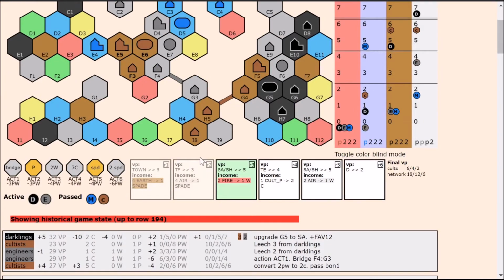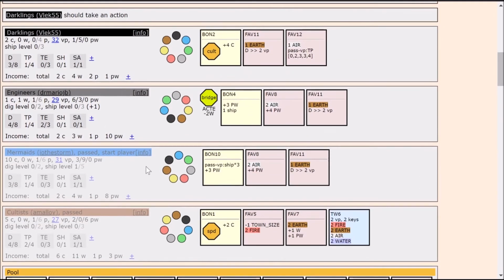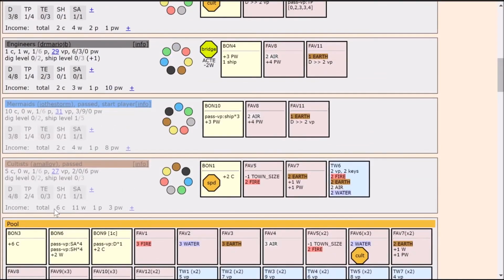And like, how are the points looking? I'm not doing too badly, actually. Everyone's pretty close together. The other players have more, they have an earth favor tile that's going to help them get more points, but I have a lot more economy, right? Like 6 coins and 11 workers is pretty stonking great, isn't it? So I'm in okay shape for...